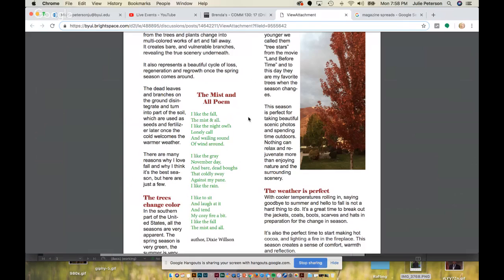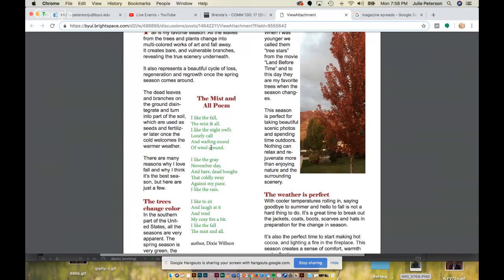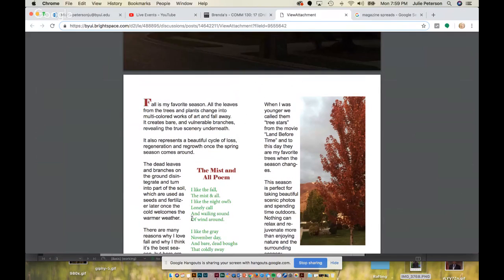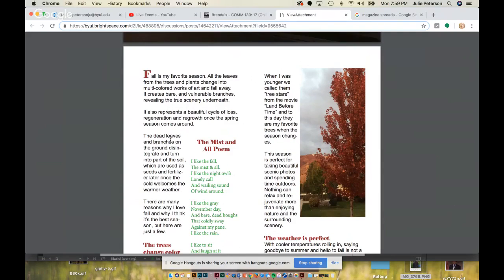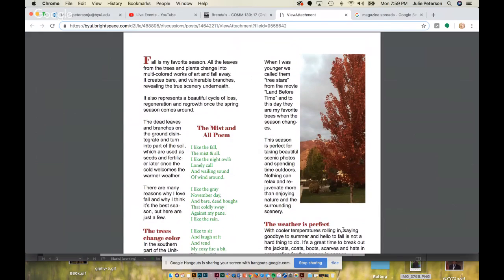But don't have it invade the column as much as you do. I would have it maybe invade both of these columns. Because the rule with the text wrap is you never want the element to invade over half of the column. So right here, it's cutting into half, if not more, and it's making us stack this. And that's not as visually appealing to have your text stacked. So even with this, how it's stacked and it's invading more than half, it's not working. And you want to get rid of that. So I would make this image smaller so it only invades a third of the column, or find a new home for it.